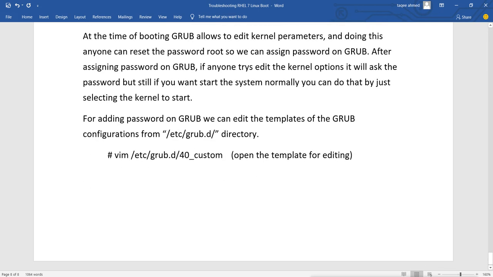Now under the template, what configurations will we add? It's very simple. We will add set superusers equal to.